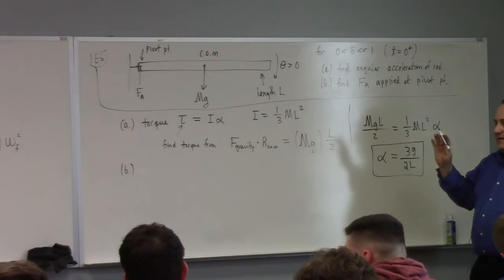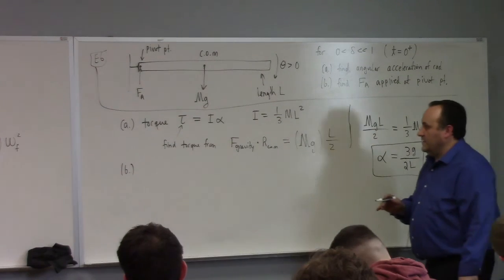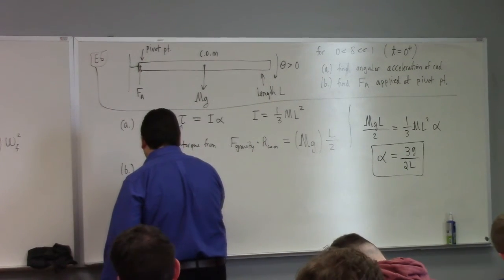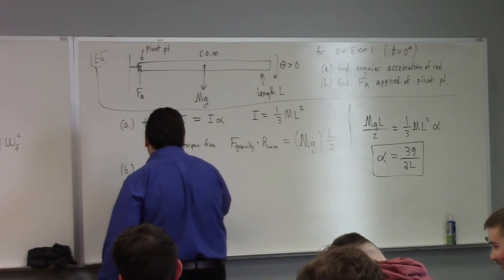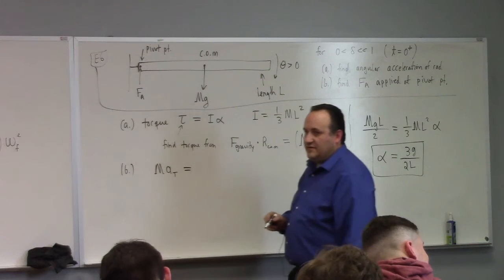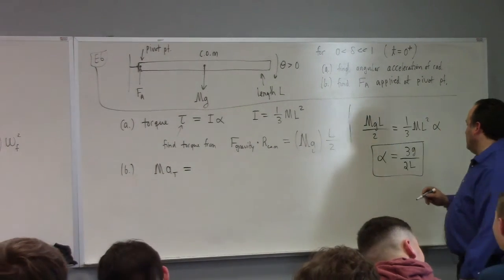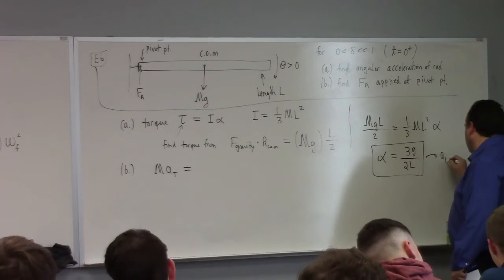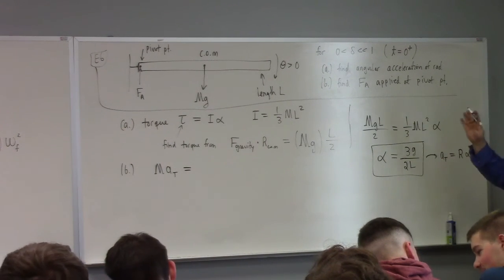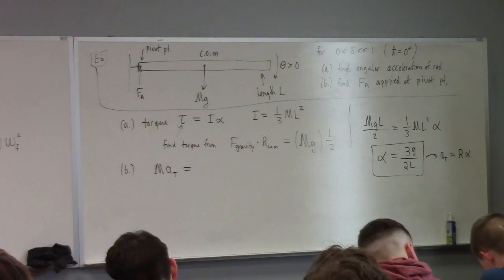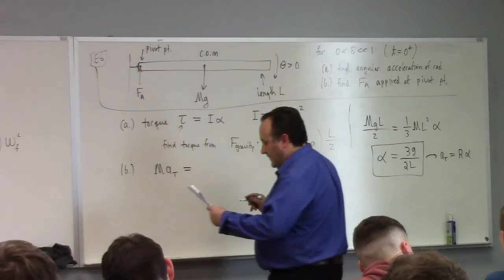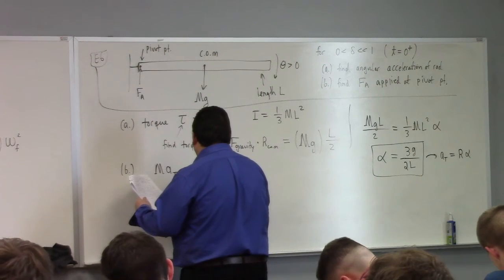Finding FA requires a little bit more thought here. Notice that we have the mass times the tangential acceleration. What is the tangential acceleration? Well, tangential acceleration is R alpha, right? There is no centripetal acceleration because we have a fixed pivot point, all right? So the mass times the tangential acceleration should be equal to minus FA